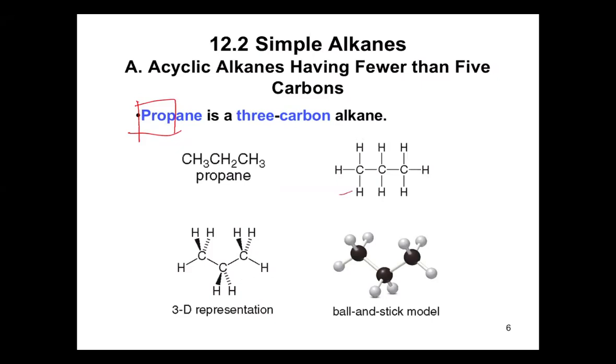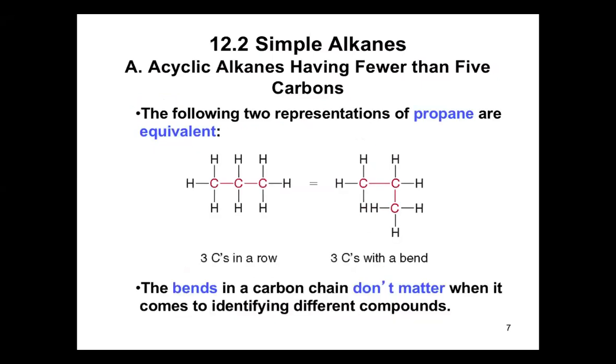So, pwede siyang naka-straight lang na ganyan or pwedeng meron siyang bend din sa kanyang structure. Okay? But don't forget na yung mga bend, itong bend na to sa structure na yan, it will not be affecting yung name ng compound. Okay? Kasi later, I will be showing you examples na kapag merong branching chain, nag-iiba na yung name ng compound. Okay? So, this is not a branch, bend lang siya. Okay? Mamaya, makikita nyo na merong ibang compound na may bend pa, may branching chain.